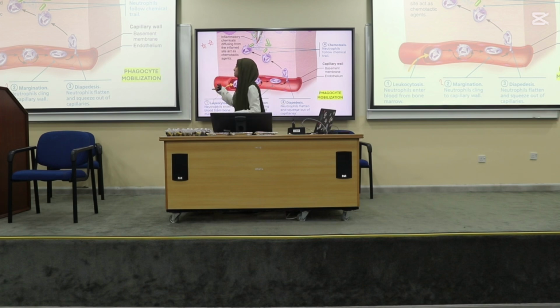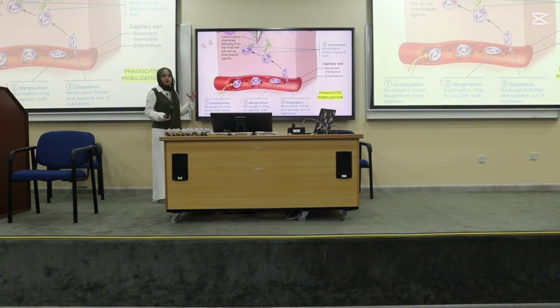That is the phagocyte mobilization. So leukocytosis first starts off in the area that is inflamed, where we have leukocytosis inducing factors. These are gonna induce neutrophils to exit the red bone marrow and sweep into the blood. And then once it gets close to the area, the capillaries have, on the endothelial cells from the inside, something called cell adhesion molecules. Cell adhesion molecules are gonna basically allow the neutrophil to stop, slow down, and roll on this endothelium,